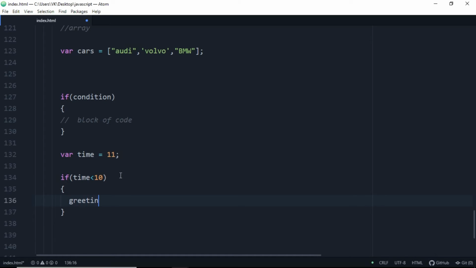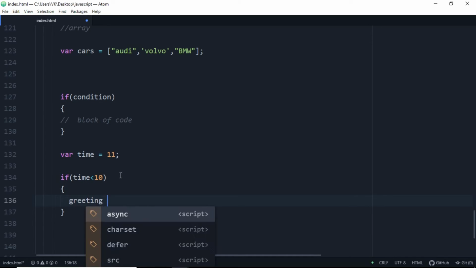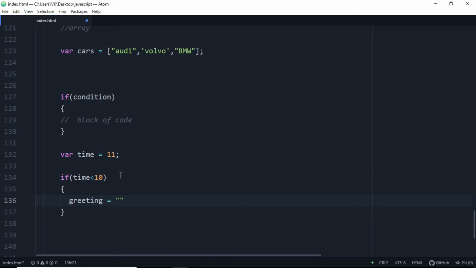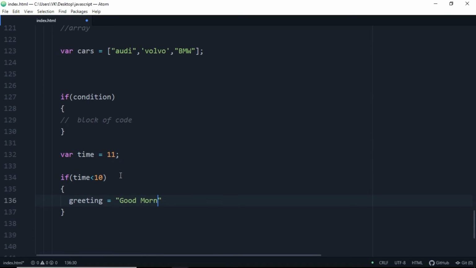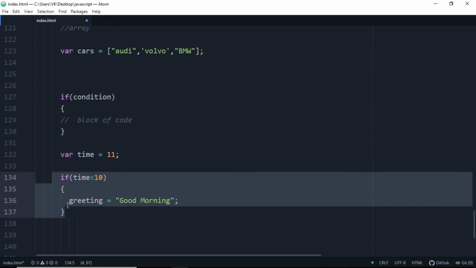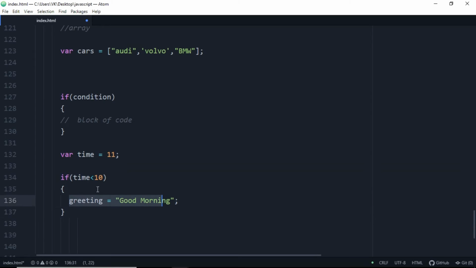Inside the curly braces you can write greeting is equal to good morning, because if time is less than 10 we are going to greet the user with good morning. You can also declare the greeting variable without assigning a value beside the time variable. Since time is 11, this statement is completely false.